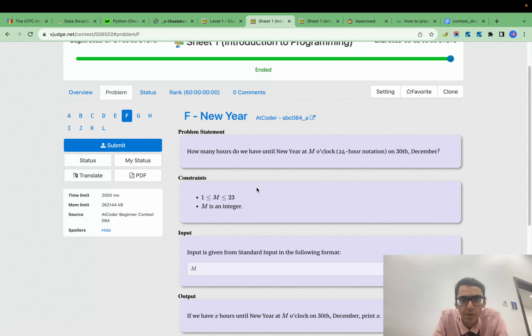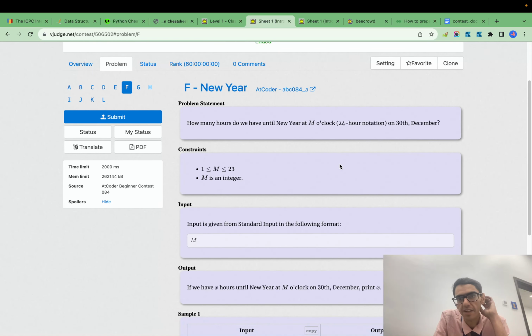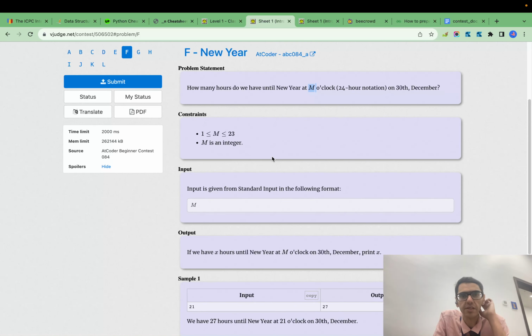If it's New Year, how many hours do we have until the year at M o'clock? In 24-hour notation, okay? On 30 December, how many hours do we have until New Year at M o'clock? 24-hour notation. So basically, it's multiplication. We need to multiply. There are 24 hours in a day, right? And how many days, for example,